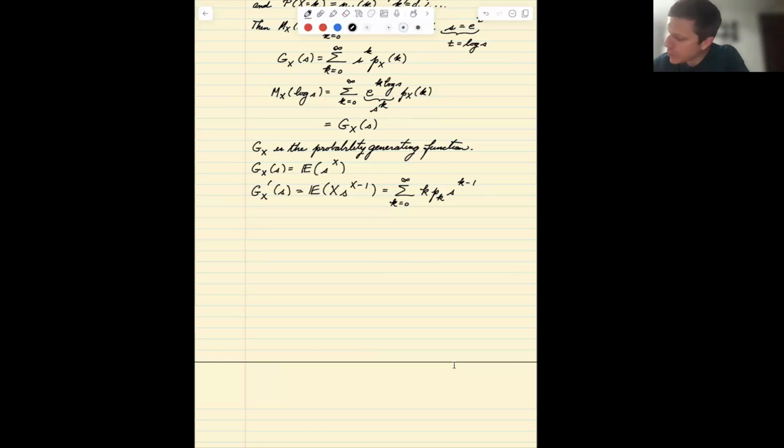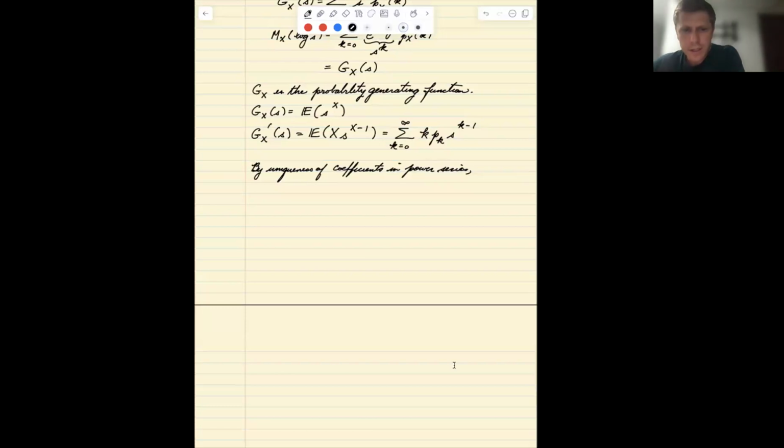And what we have is that we have uniqueness. So by uniqueness of coefficients in a power series, we must have that if two power series are equal, then they have all the same coefficients. If they have all the same coefficients, then they're all equal. Right? So then what we have is that the probability generating function of X